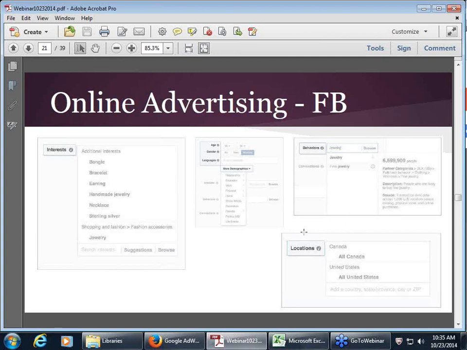AdWords for video has been a shining star for Google because in the last 5 years they've effectively taken YouTube, which is a domain that they've held for much longer, and turned it into a massive profit-making machine. So the great thing about video ads is, of course, there's a higher level of engagement. So higher conversion rate for people that see these ads.